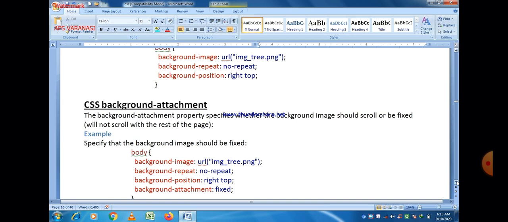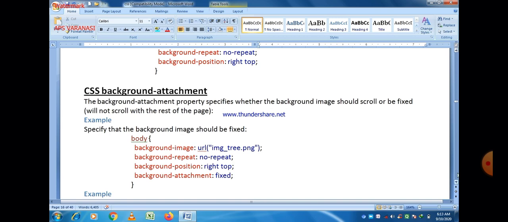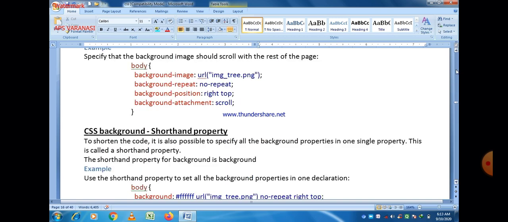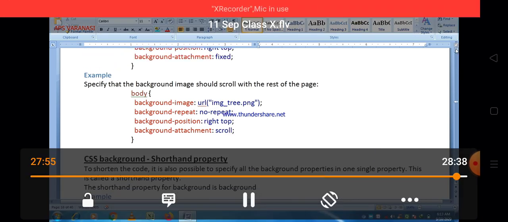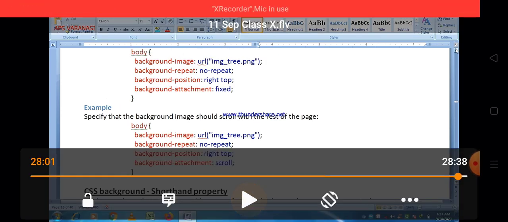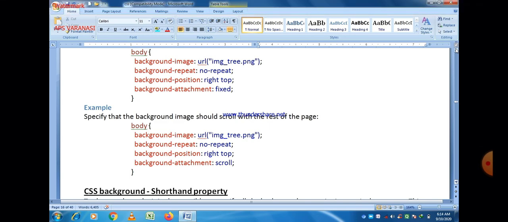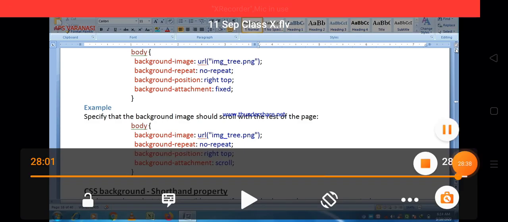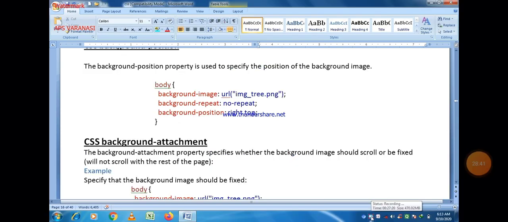Next is CSS background attachment. The background-attachment property specifies whether the background image should scroll or be fixed, meaning it does not scroll with the rest of the page.